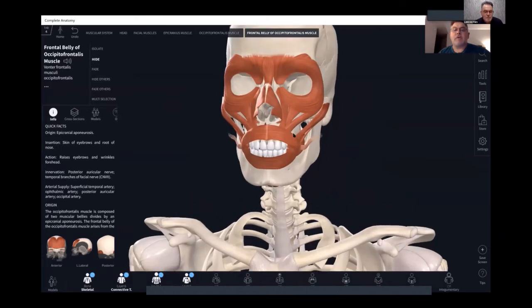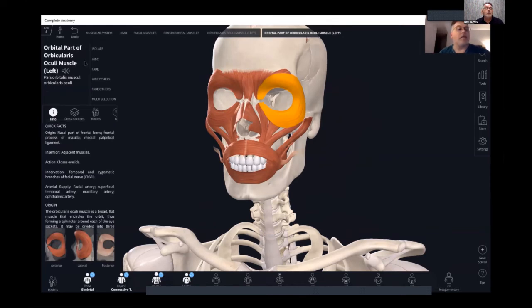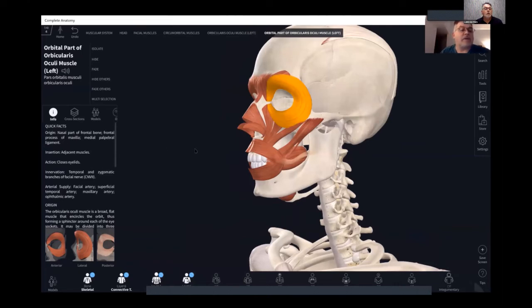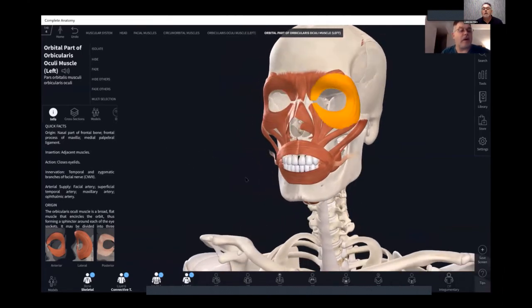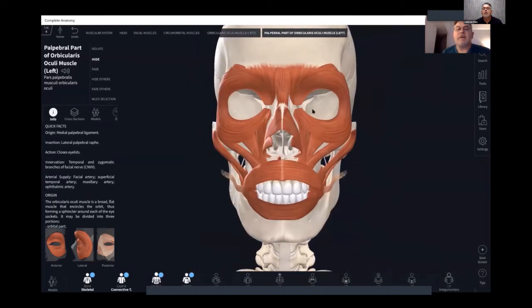So let's move to the orbicular muscles. Here, the orbicularis oculi. Muscles surrounding the eye. Here, the origin is the nasal part of the frontal bone and the frontal process of the maxilla and the medial palpebral ligament. It inserts into the adjacent muscles around, and its action is just simply closing the eyes. So let's get rid of that, and we're definitely not going to needle there. It's giving me some attitude here. Let's move up